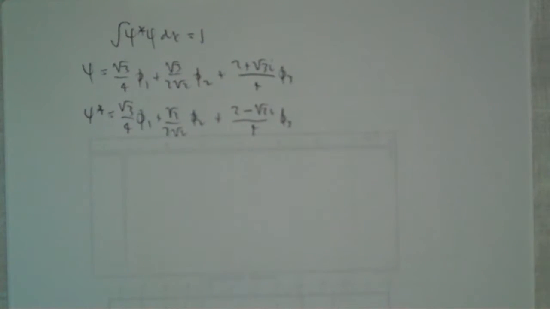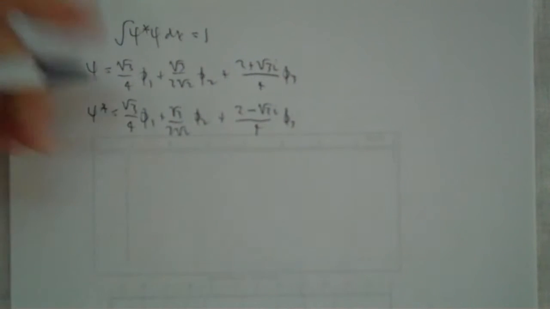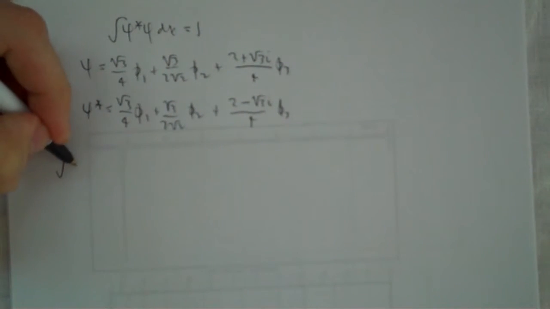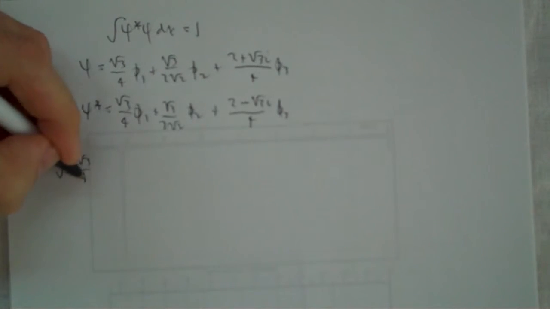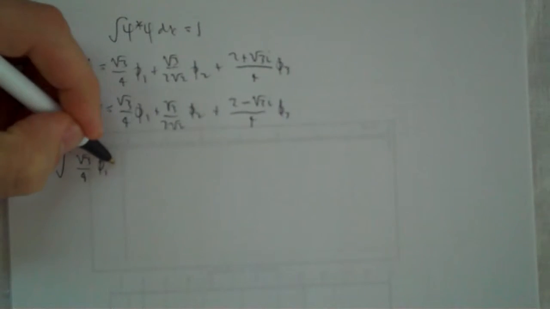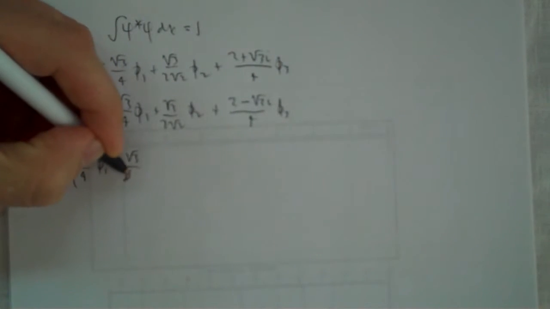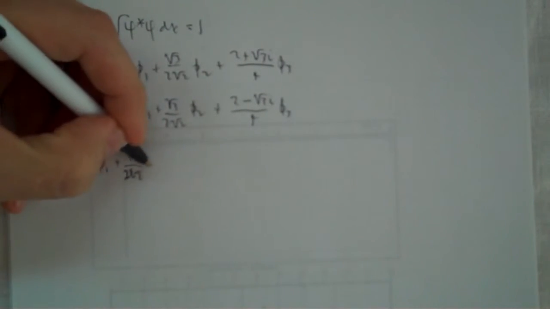Okay, so the first thing I'm going to do when I do this, if I'm not thinking super clearly, I'm going to go the long way, and I'm going to write all of this out. So the integral of root 3 over 4 psi 1, plus, I'm going to put this in parentheses and multiply them, right? Root 3 over 2 root 2 phi 2,